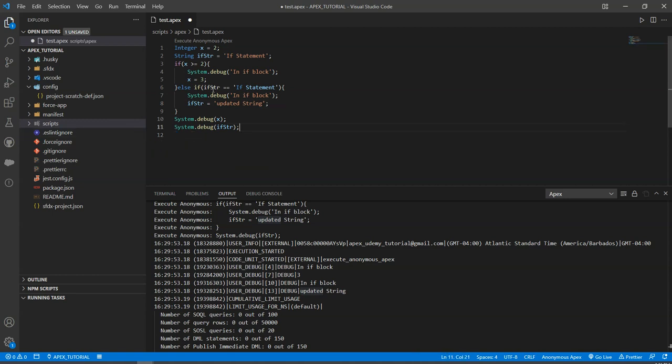So the else if has to have a condition to it as well. There's a different one that we will talk about where you don't have to have a condition. That's just going to be the else. So if I run this,